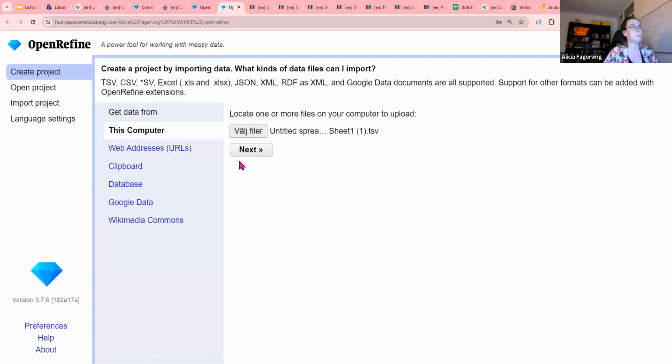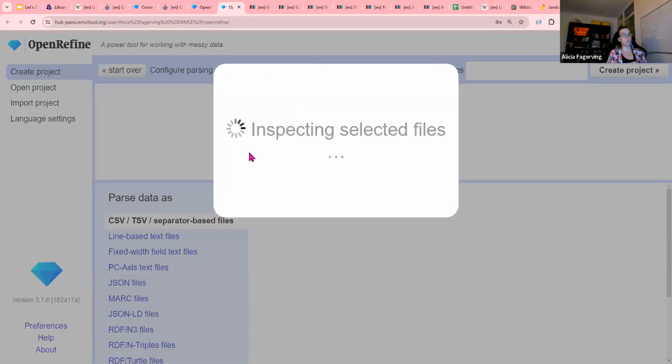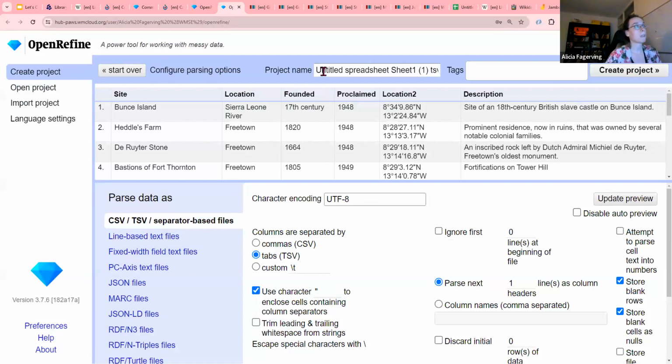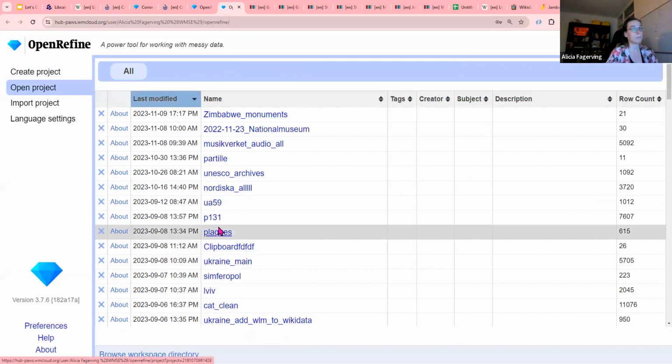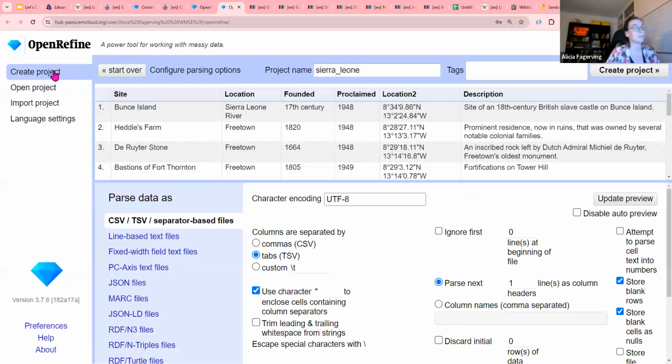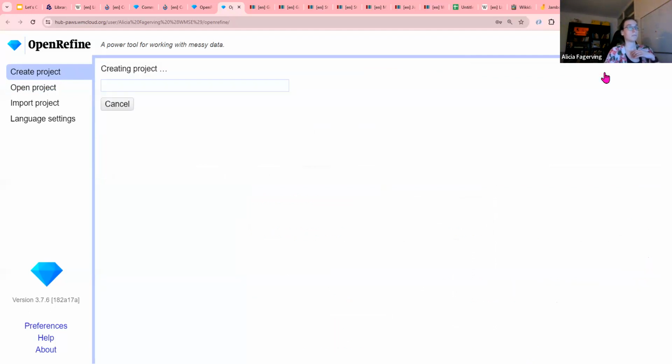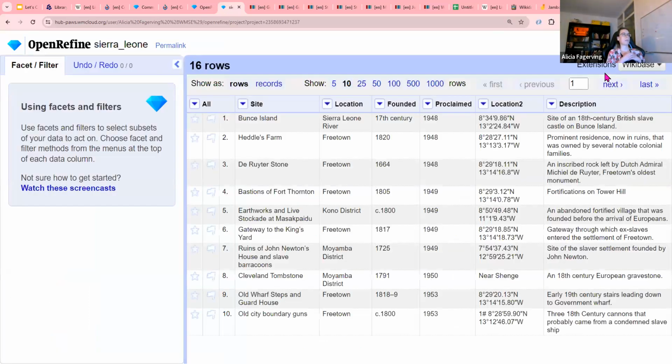And I upload my data file. It also looks fine. I give it a reasonable project name because, as you've seen in my project list, sometimes you don't remember what you called it. So it's good to have a more reasonable name. And here it is. And I start by